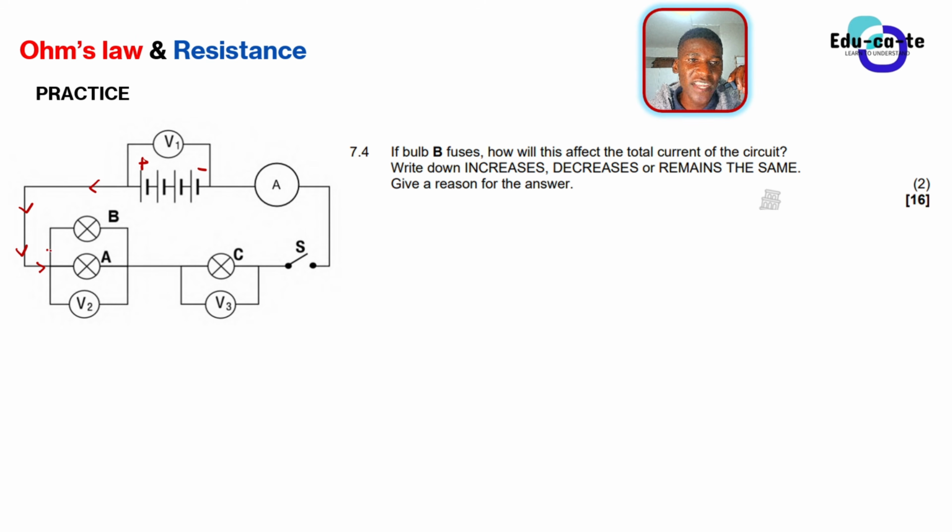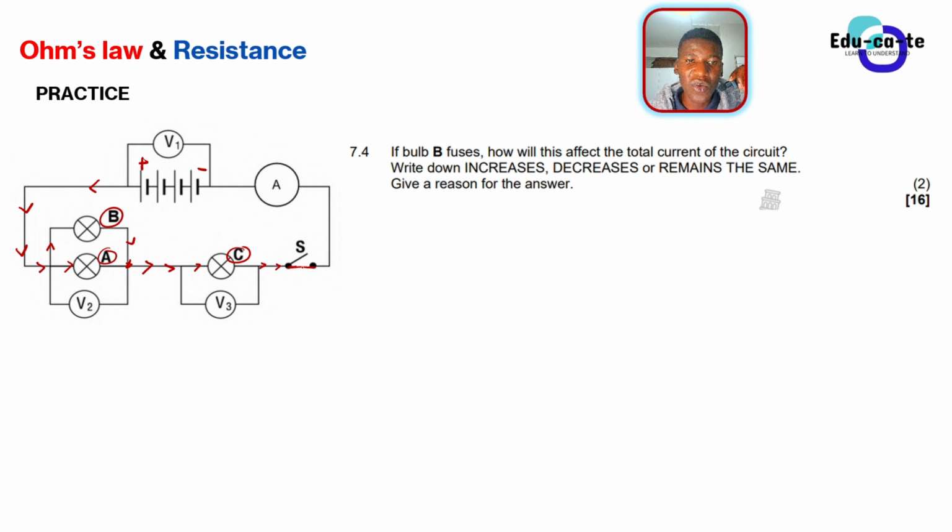So some of the current will go up there, it will go to this light bulb B, and some of it will go to this light bulb A, right? And then when this current is split, it will come back here and combine again. It will continue to part C, and continue. Oops, switch S is closed. Okay, let's just assume that switch S was open here.